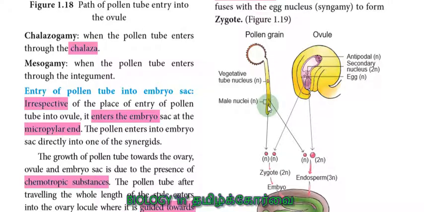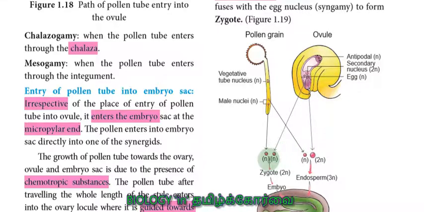Make it very clear. Then here in the ovule, within the embryo sac, the egg cell is present, and also the secondary nucleus. The secondary nucleus is diploid in nature. It is formed by the fusion of two haploid polar nuclei. The polar nuclei, one from each pole, reach the center, and they fuse together and form the secondary nucleus. So the secondary nucleus is present at the center and the egg is present at one pole, at the micropylar end.